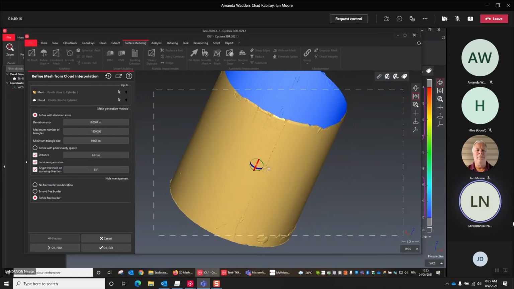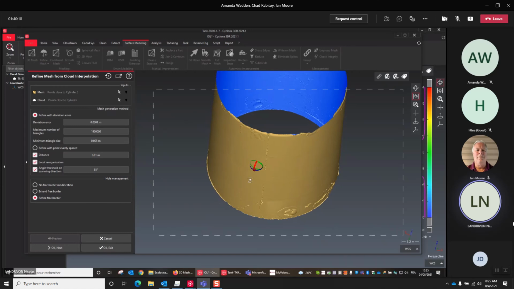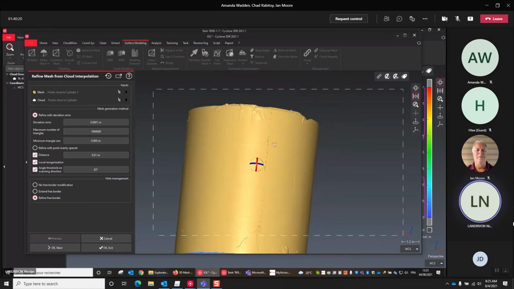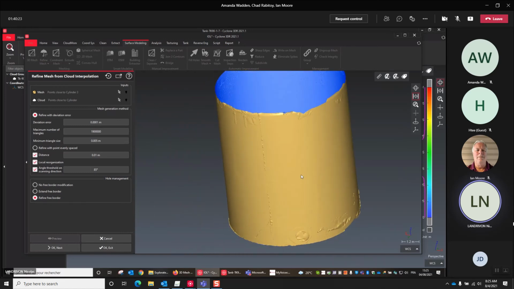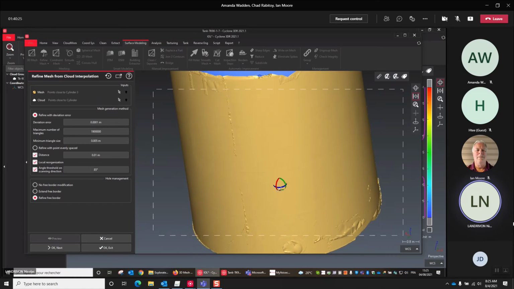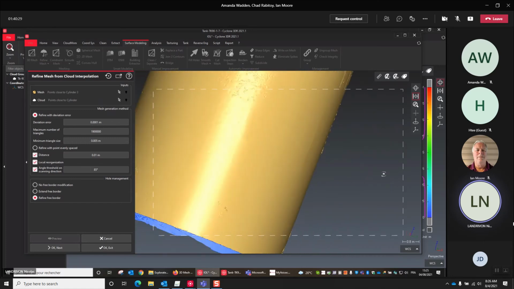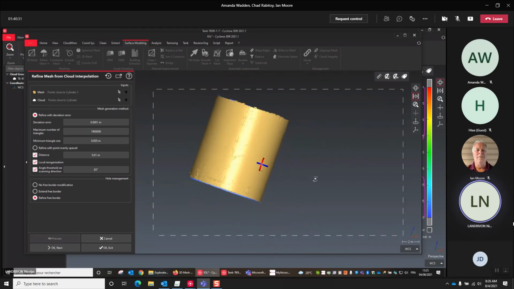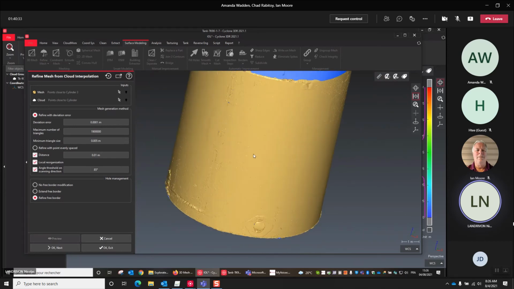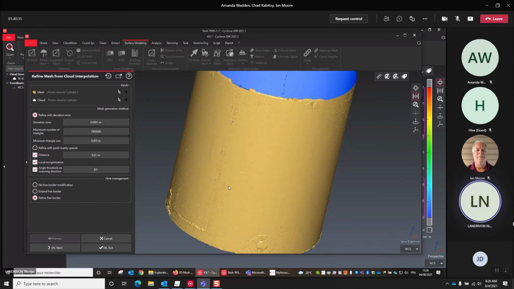So here I've got a smoother surface. I see also some of the shell. So probably it's enough for me, but you see that this point cloud is quite noisy.